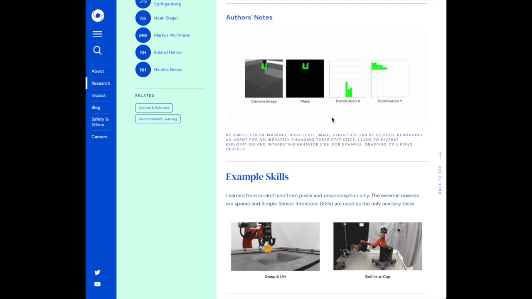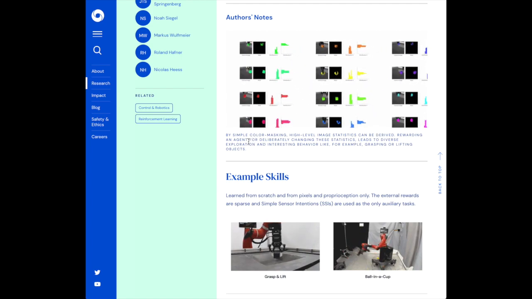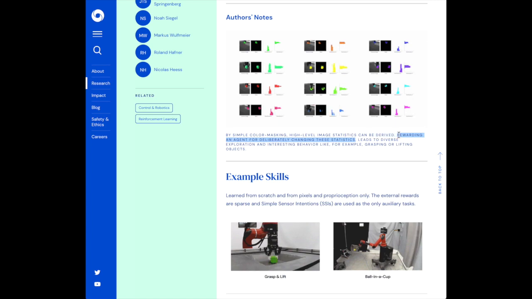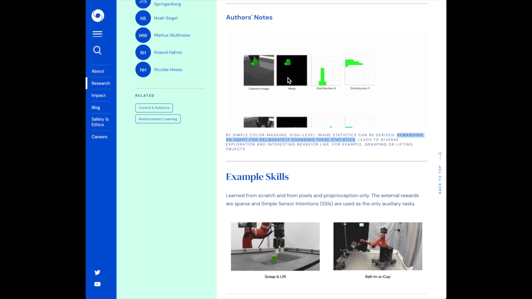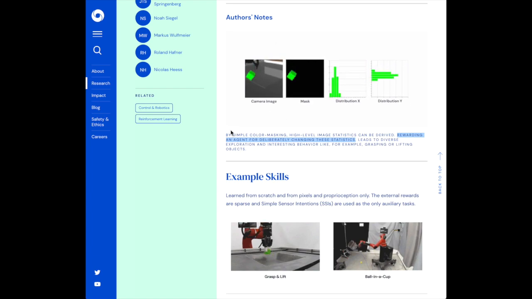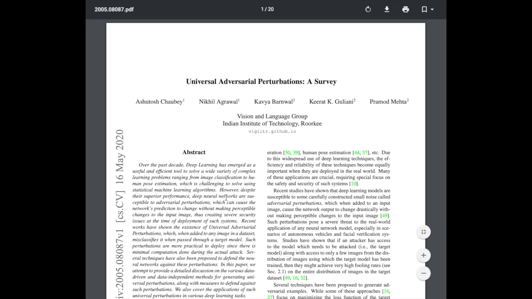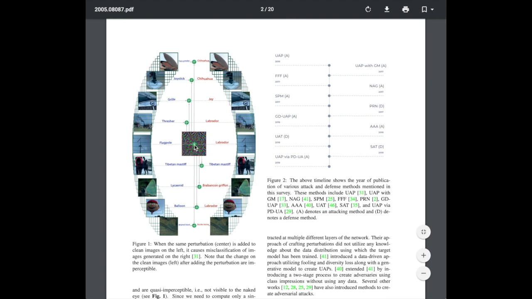Then we'll look at simple sensor intentions for exploration, a new technique from researchers at DeepMind that tries to deliberately control the sensor inputs. So for example, trying to burn your hand or trying to read in a certain force sensor or visual color distribution. Then we'll look at universal adversarial perturbations, exploring these one noise mask that can be applied to multiple images